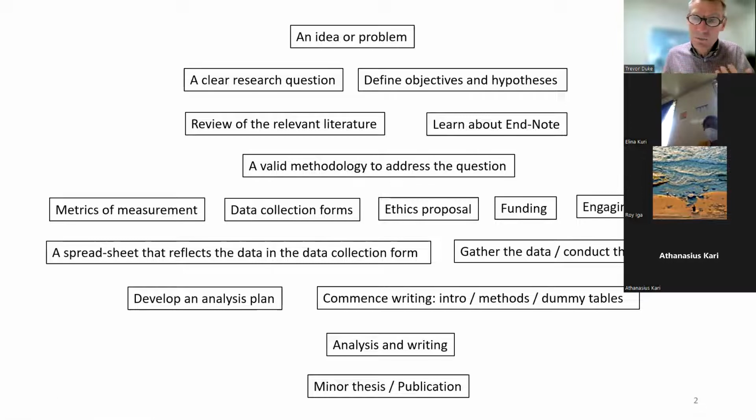You may come up with a hypothesis, that is, one therapy is better than another, or that the causes of neonatal sepsis are. So you don't always have to come up with a hypothesis, but you have to be able to ask a clear research question. It's useful then to do a review of the literature, and that doesn't have to be very complicated. A lot of people spend a lot of time doing literature reviews, and I don't think that's useful, but